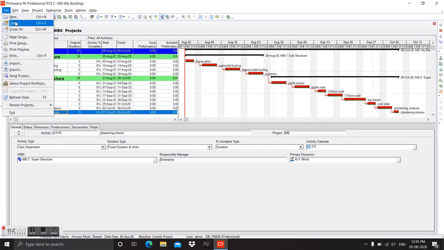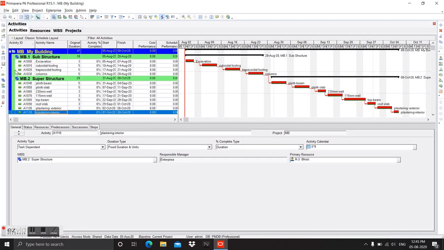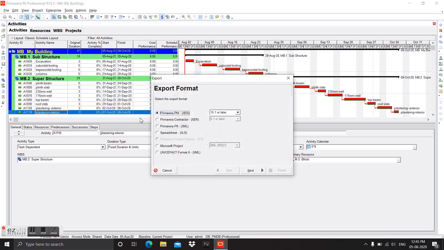So we have to go to File, Export option, and here I will choose Primavera version 7, as my software is somewhat an old version, that's why.